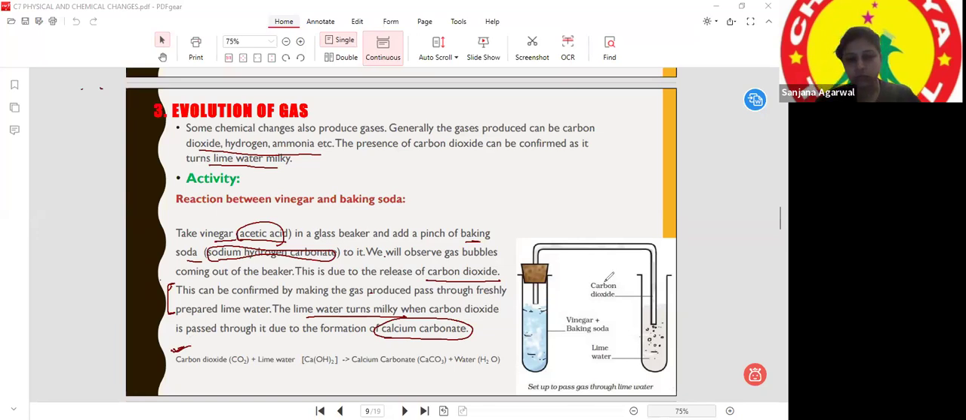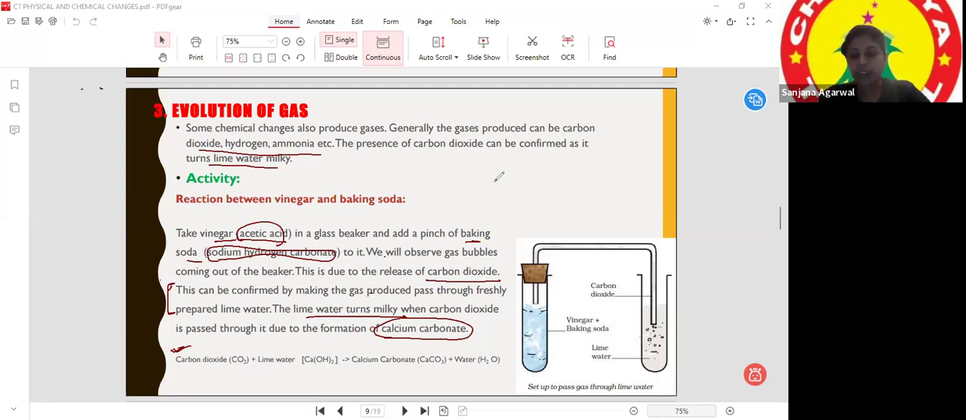So how will you see? You can take the help of a straw or something. You can take any cup, but preferably a transparent glass material so that you can observe the reaction. Just take vinegar in a glass beaker. About half a cup is enough, half a small cup is enough. Okay, a pinch of baking soda, and before adding the baking soda,